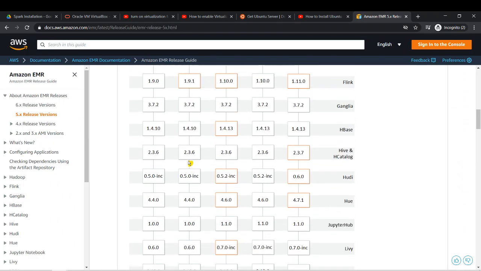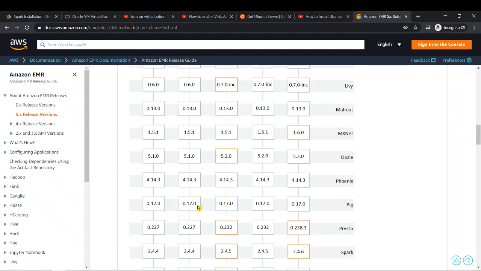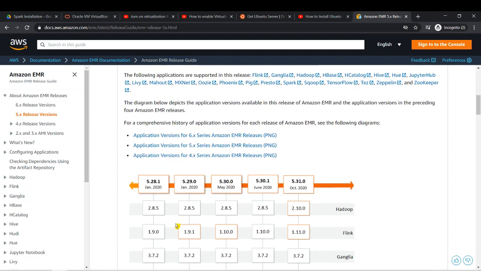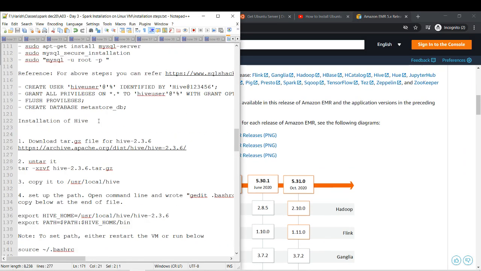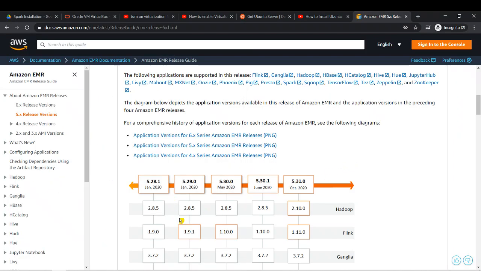So basically we are taking one of these versions, let's say 5.29 that was released in Jan 2020, right? But it doesn't really matter. You can follow the same steps and you can install any of the different versions. But just to say, I just selected 2.8.5, because that's one of the versions that is available over here and was one